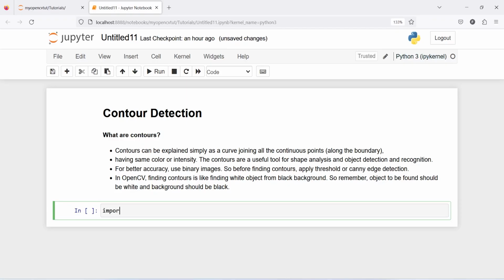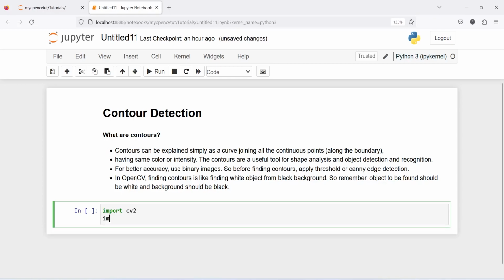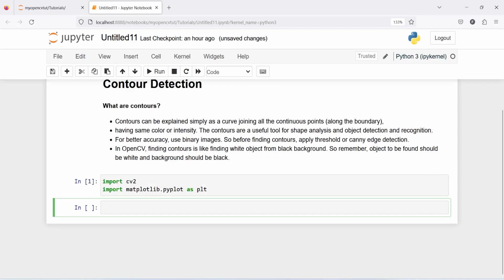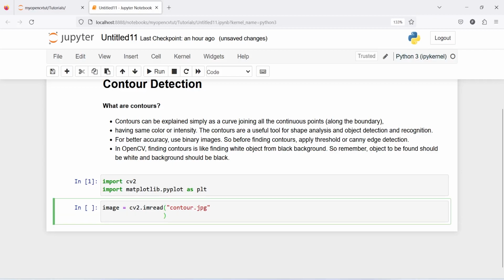Let's import cv2, import matplotlib.pyplot as plt. Now I'm going to read one image and save it in a variable image. I will call cv2.imread. Inside this, the image name is contour.jpg, and then I will do plt.imshow(image),